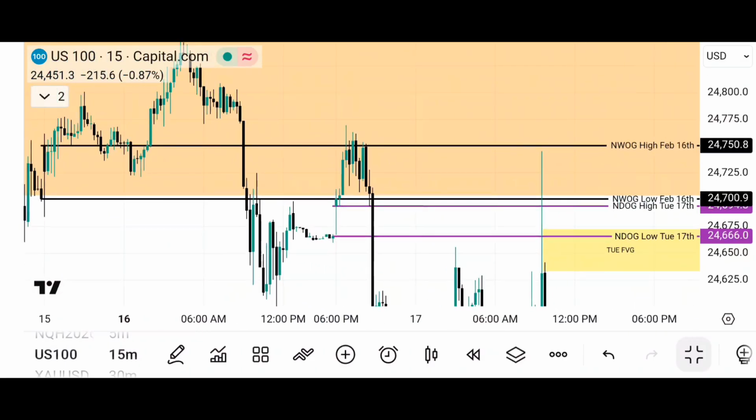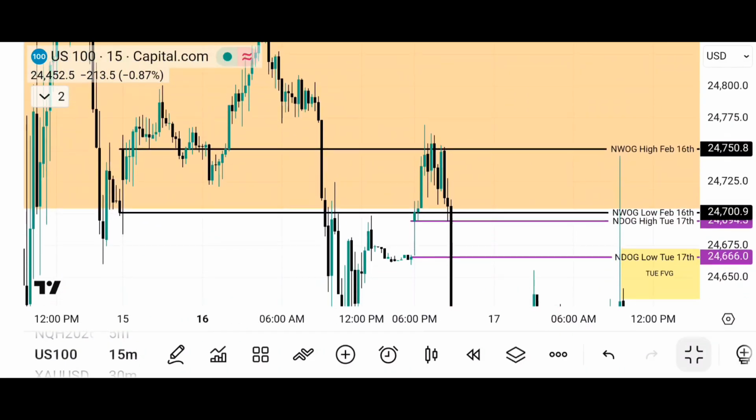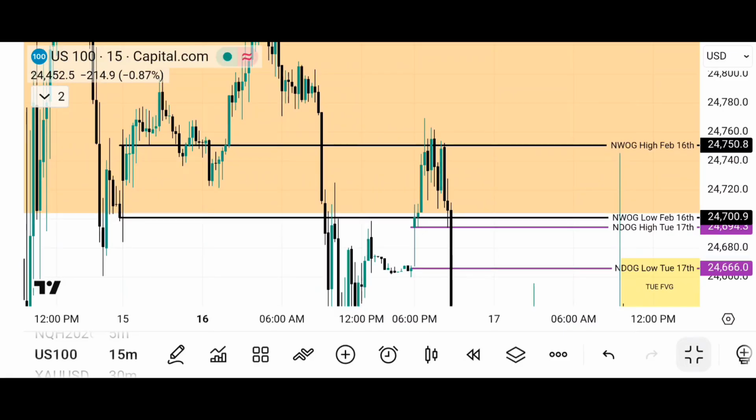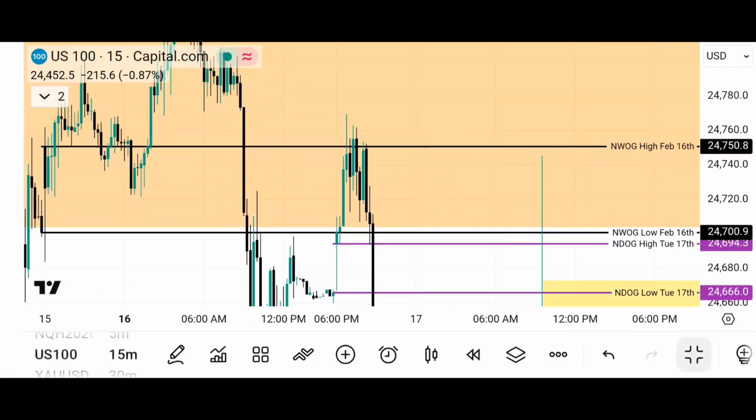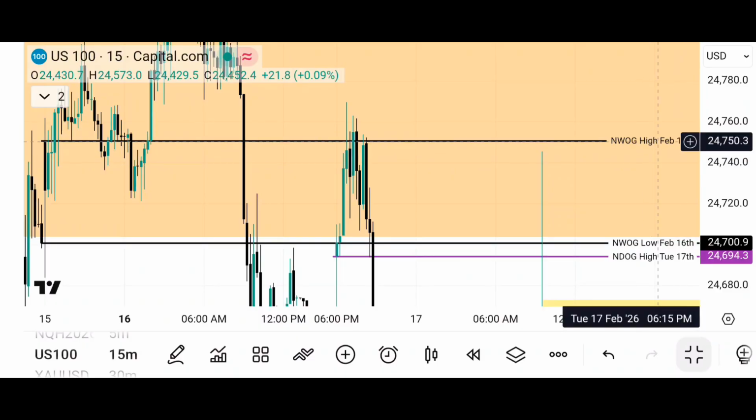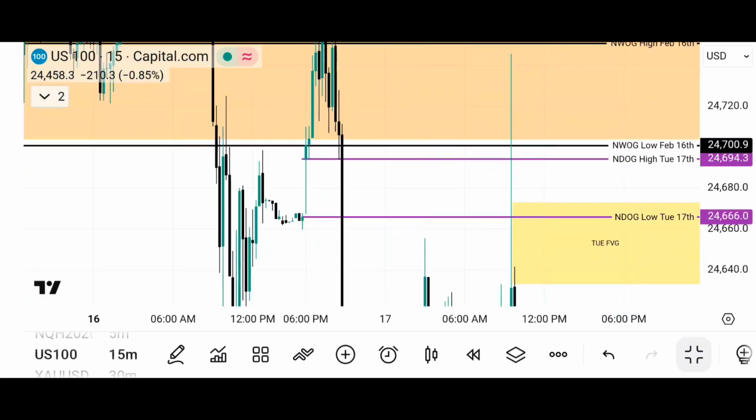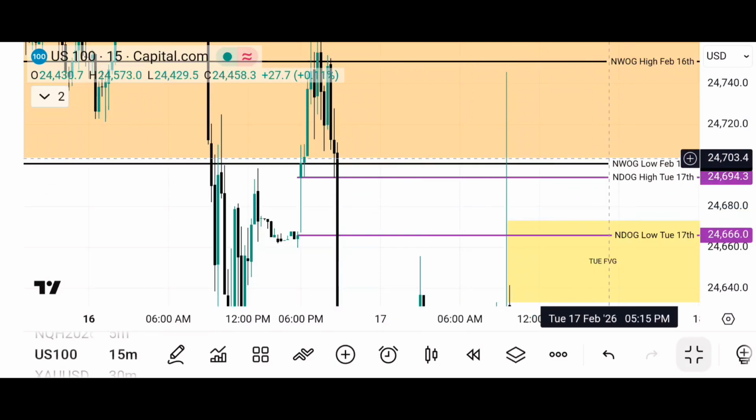You can see the new week open gap is colored black and the new day open gap I color purple. And you can see this label, new week open gap high February 16th. This was the one formed for this week, and this is the new day open gap formed for Tuesday 17,